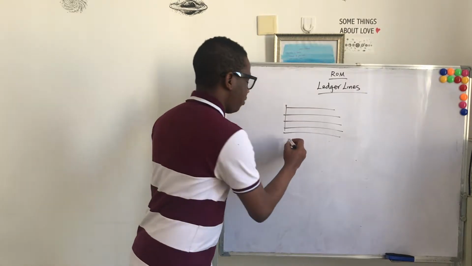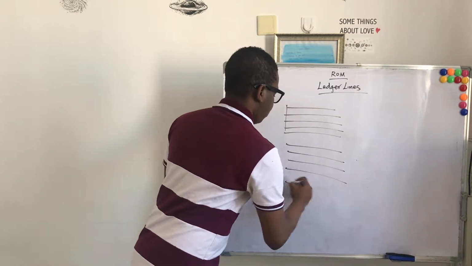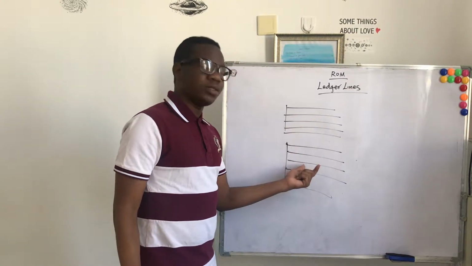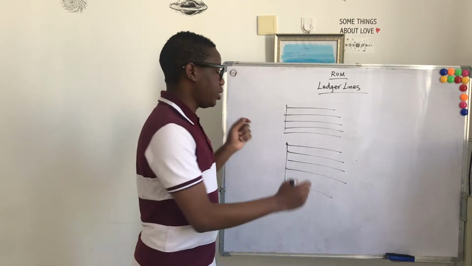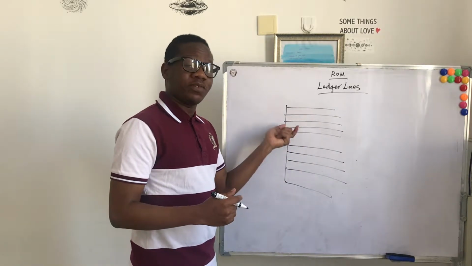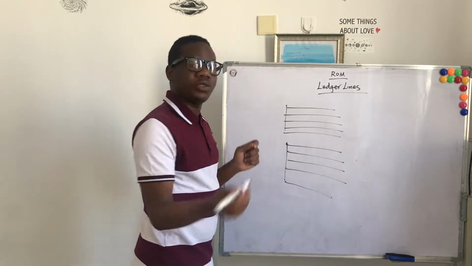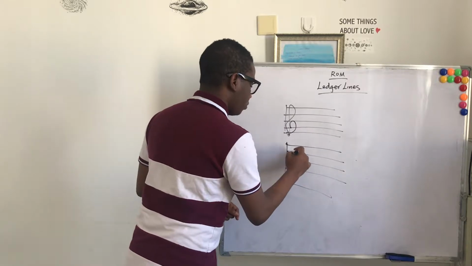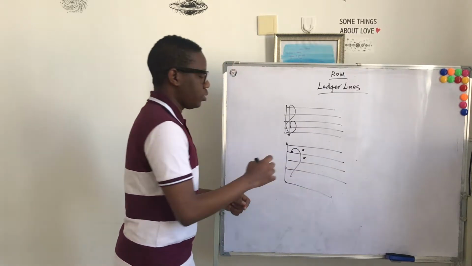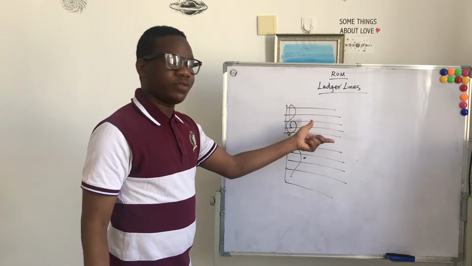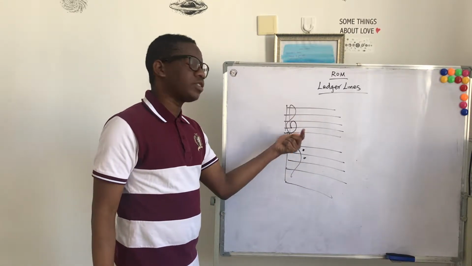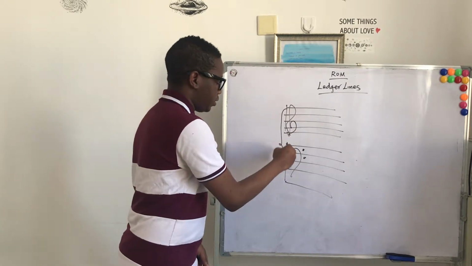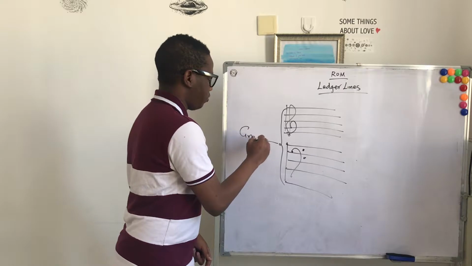And when we have, if this is a treble stave, for example, and this is the bass stave, how do I denote this? By adding their respective clefs to these staves, and you have this. Now this becomes the treble stave, and this becomes the bass stave because of these clefs added to them. If that is so, if we combine them, this is the grand stave,